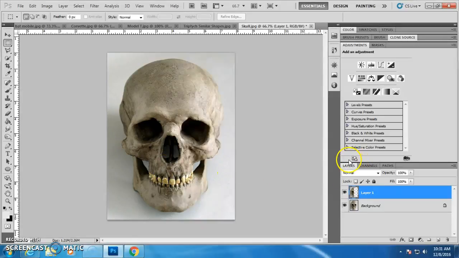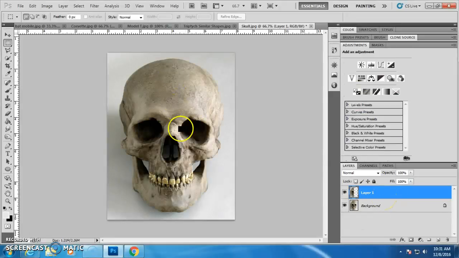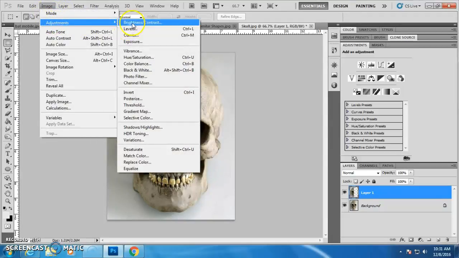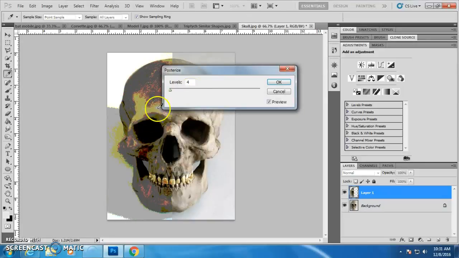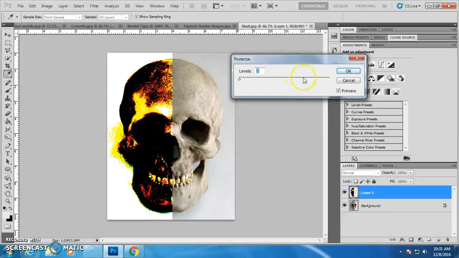Now say I wanted to add an adjustment to it. I'm not going to come over here and click one of these, because if I click black and white here, it makes black and white over the entire thing. So I'm going to Control Z to edit and undo that. If I wanted to make an adjustment just to this layer, I'm going to go up to Image, Adjustments, and I'm going to select my adjustment from here. So say I select Posterize, it will do it just to that layer there for me. And I can change the level of it and play around with different effects, but I'm going to go ahead